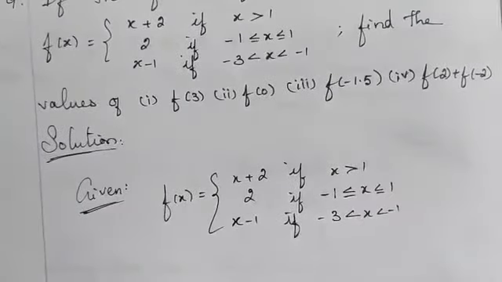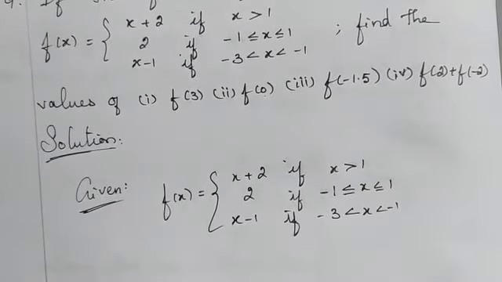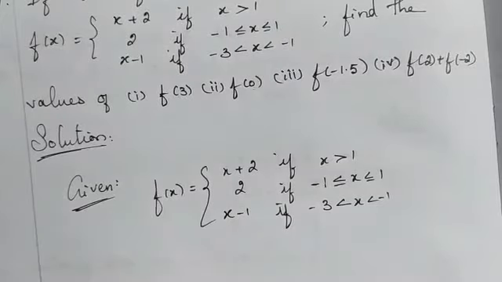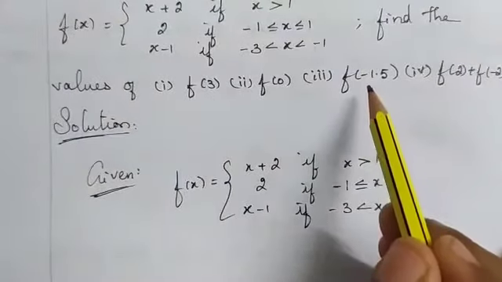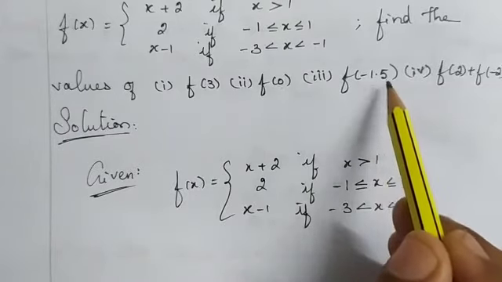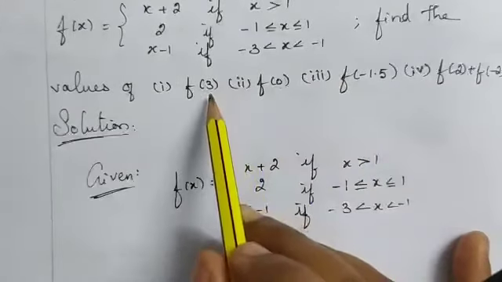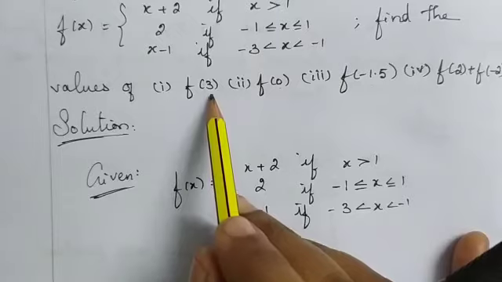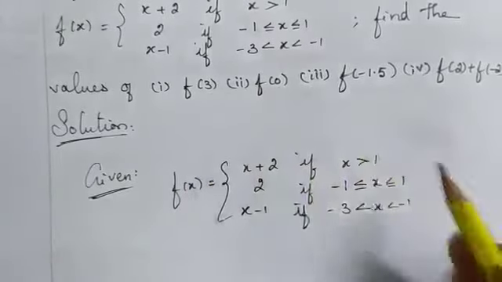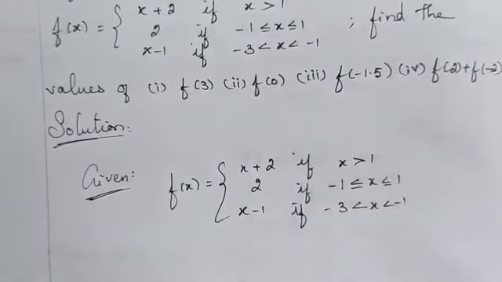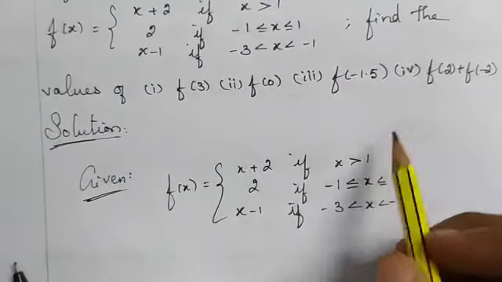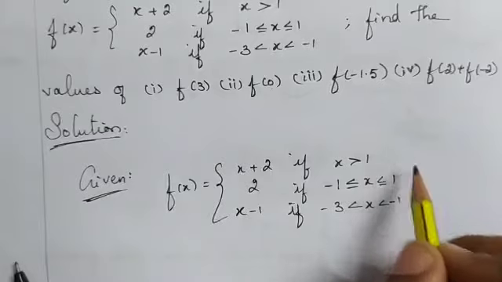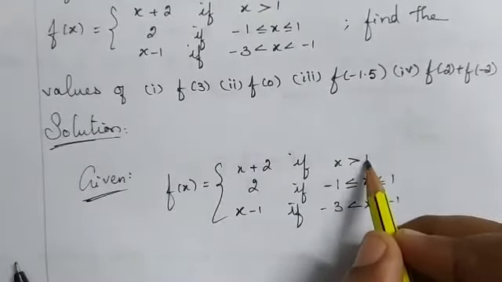Therefore, you must find the value from minus 1.5 to 3. In the negative, you have the value 1.5. In the positive, you have up to 3. See here, what is the meaning for x greater than 1? Take the pencil and write all the values here near the x greater than 1.